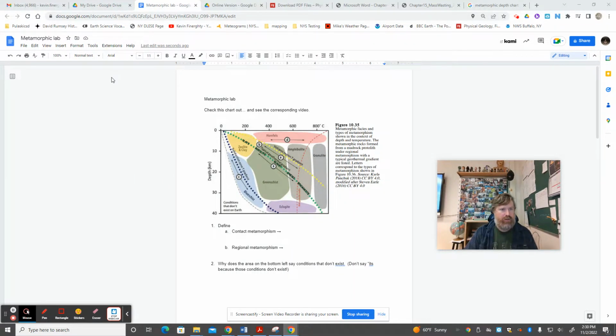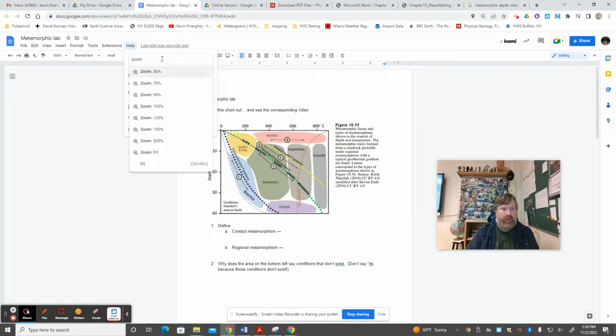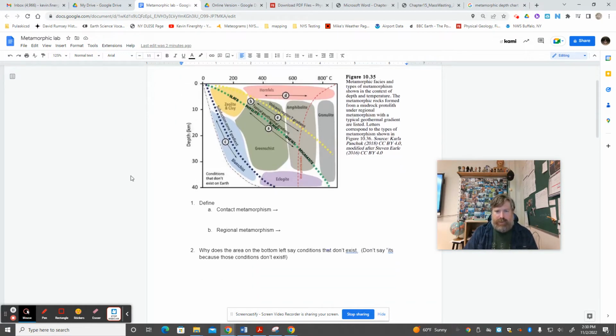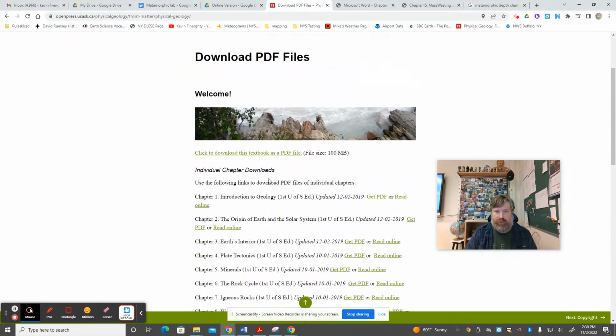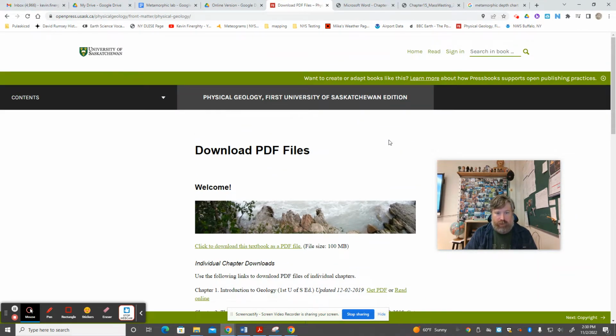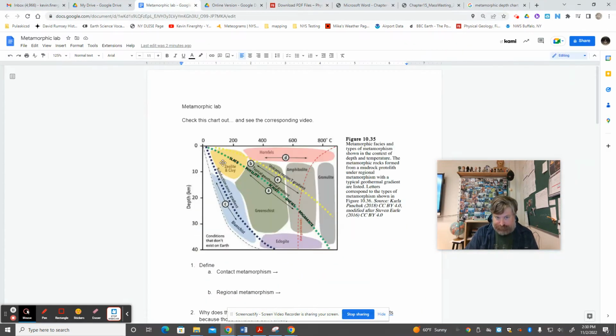Let's talk metamorphic rocks. Let's see if I can make this a little bigger. What we got? This chart right here, you may have seen if you're in my class. This is part of the open textbook that we use, the online free textbook. What we got is a chart that shows us as you go deeper within the Earth, what happens, and then specifically at those different depths, what happens as the rock gets hotter and hotter and hotter for various geological tectonic